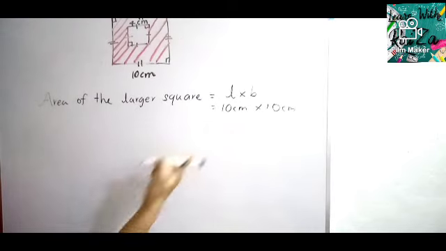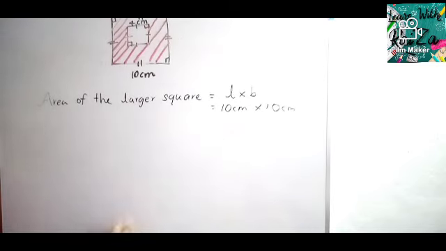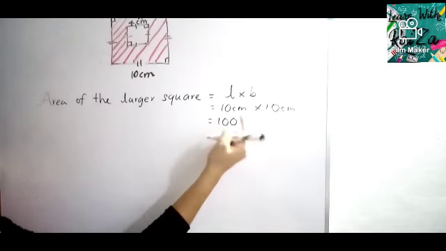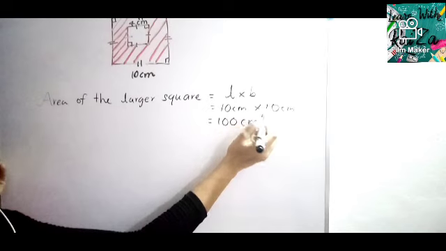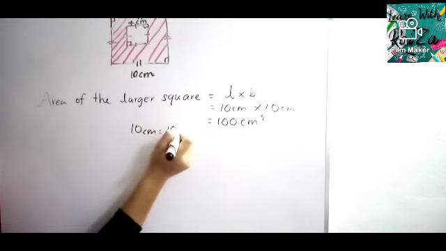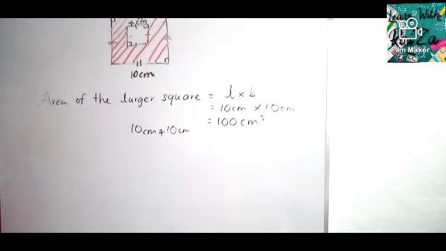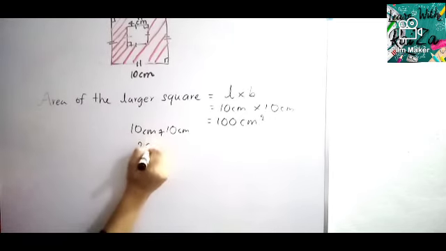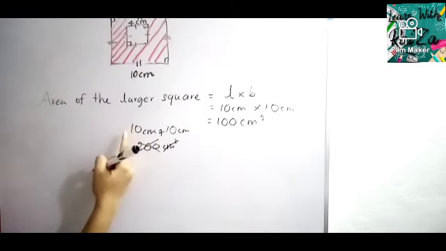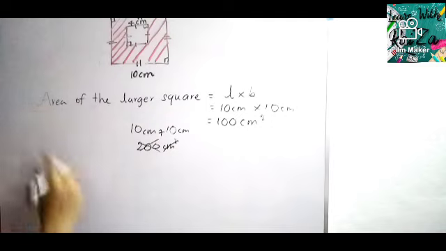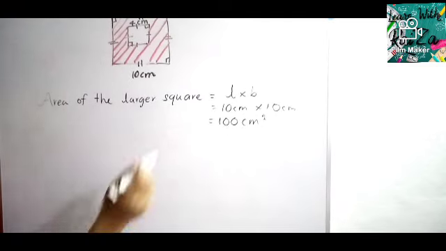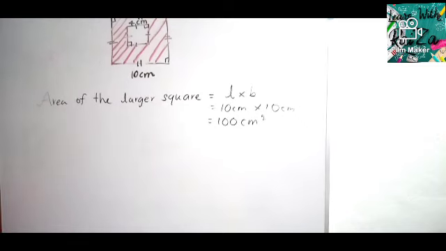Always remember, don't go to multiply these kinds of numbers, that's Grade 4, 5 work, okay? 1 times 1 is 1. How many zeros are there? 2. 100. 2 centimeter units are there. 100. Only in multiplication we write square units. Suppose someone asks 10 centimeter plus 10 centimeter, don't write 1 plus 1, 2 and 2 zeros, and 2 centimeters or square centimeter. No, that is wrong. Just add 10 plus 10, 20 and only 1 unit. Okay. Only in multiplication we use the square centimeter and square meter units. Okay, one answer found.